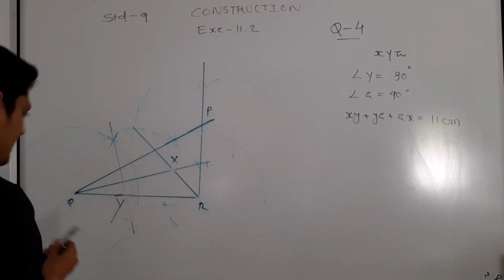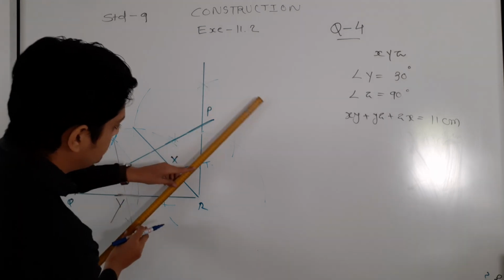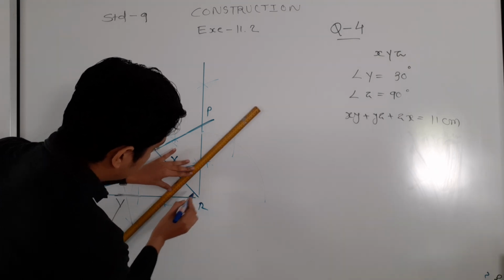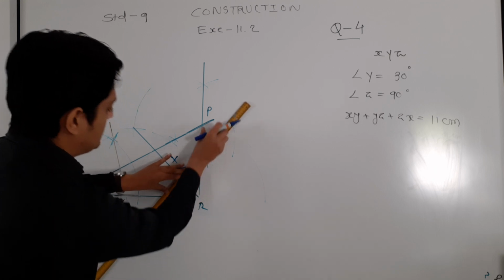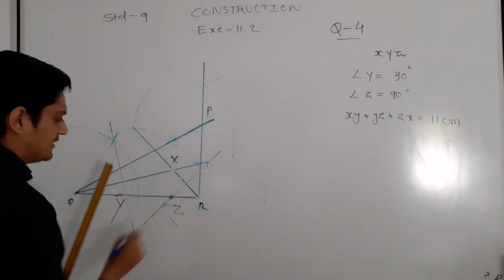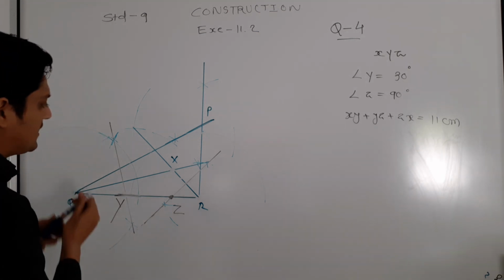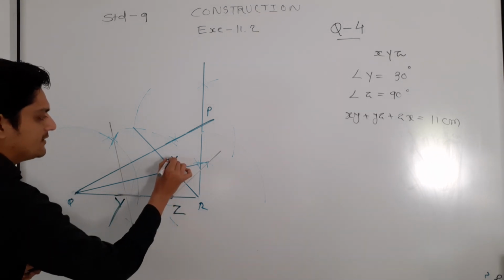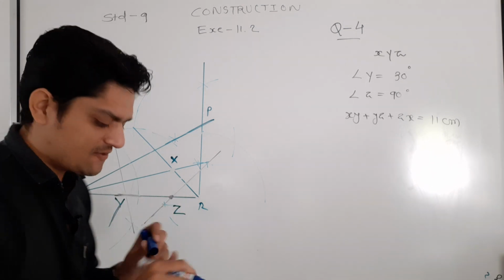Again using black pen I am going to draw that. Okay, that is this point, and you have to call it Z. Okay, this is your Z. See, this is your Z, this is your Y, this is your X, and now it's time to give a final Midas touch.